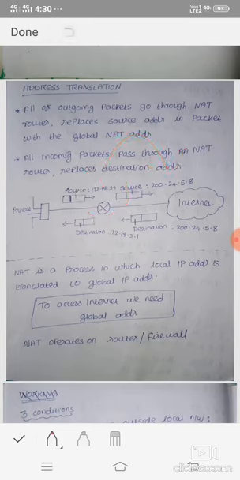Now consider the incoming packet. These are the incoming packets that are passing through the NAT router. Here the destination IP address initially was 200.24.5.8. When this packet passes through the router, this address is converted into 172.18.3.1. That is, the corresponding NAT address is converted into the destination address.